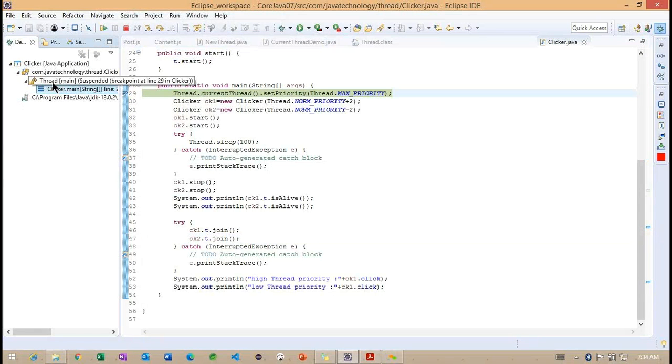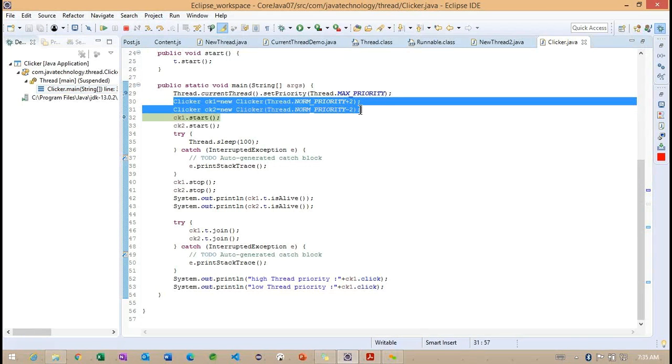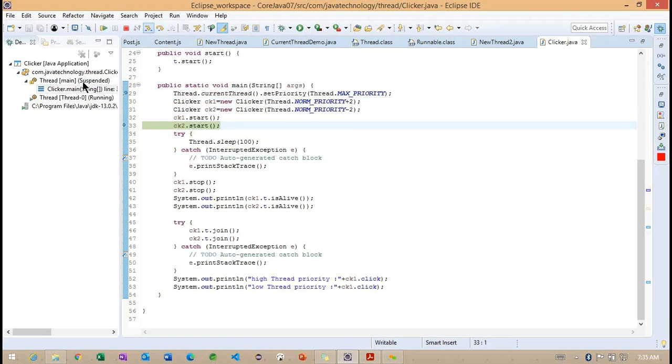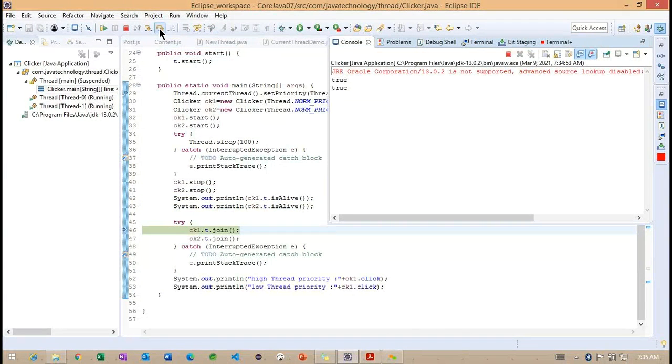Carefully observe here. As of now, how many threads are we having? Only one thread here. After creating the constructor also, we still have one thread only. These are the new threads we created, but the new threads only start whenever we call this particular start method. Observe here, one more thread enters into the picture. After calling this, one more thread is coming. And the current thread is in the sleep mode. The first thread is stopped here, the second thread also stopped here. And true.